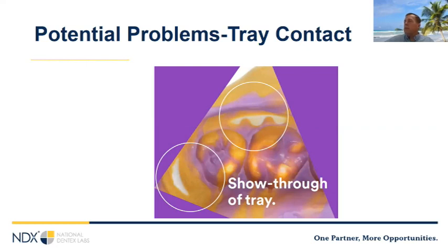So what this means on a triple tray like this is when the person bit down, they were applying force in these two areas that have the little circular marks on it. With this kind of tray, I would say it's a near certainty that they flex the tray on this. You can look at it and make your own judgment, but if you think they've been loading the tray,